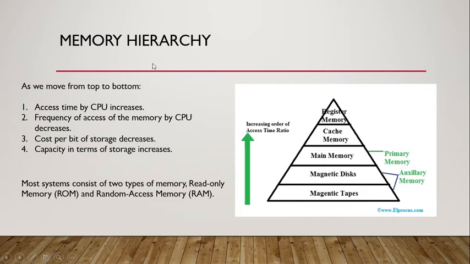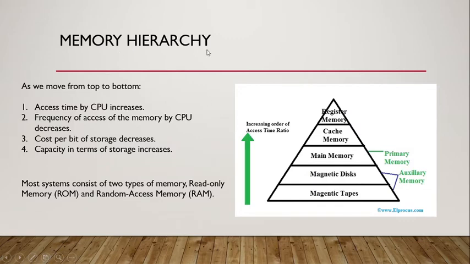And this is how the memory hierarchy of a system is. These are the internal memory, and the outer ones are the external memory. These are the auxiliary memory, that is magnetic disk, magnetic tape or optical disk. All these are external memory required for additional storage. The basic internal memories are CPU registers, cache memory and main memory, while magnetic disk, tape and optical disk are all external memory.